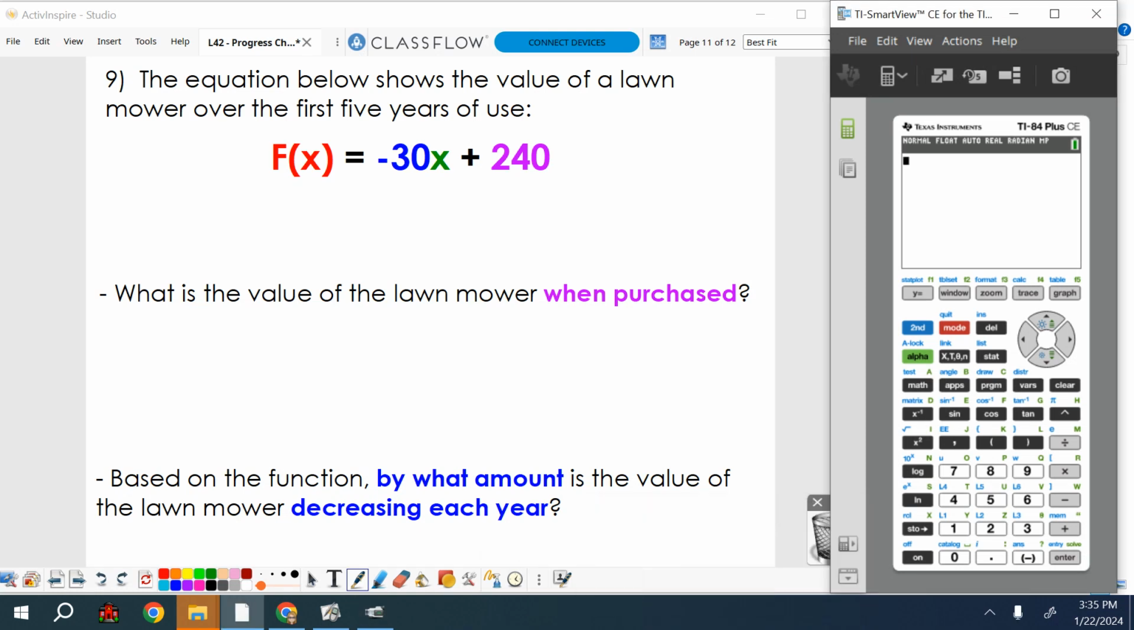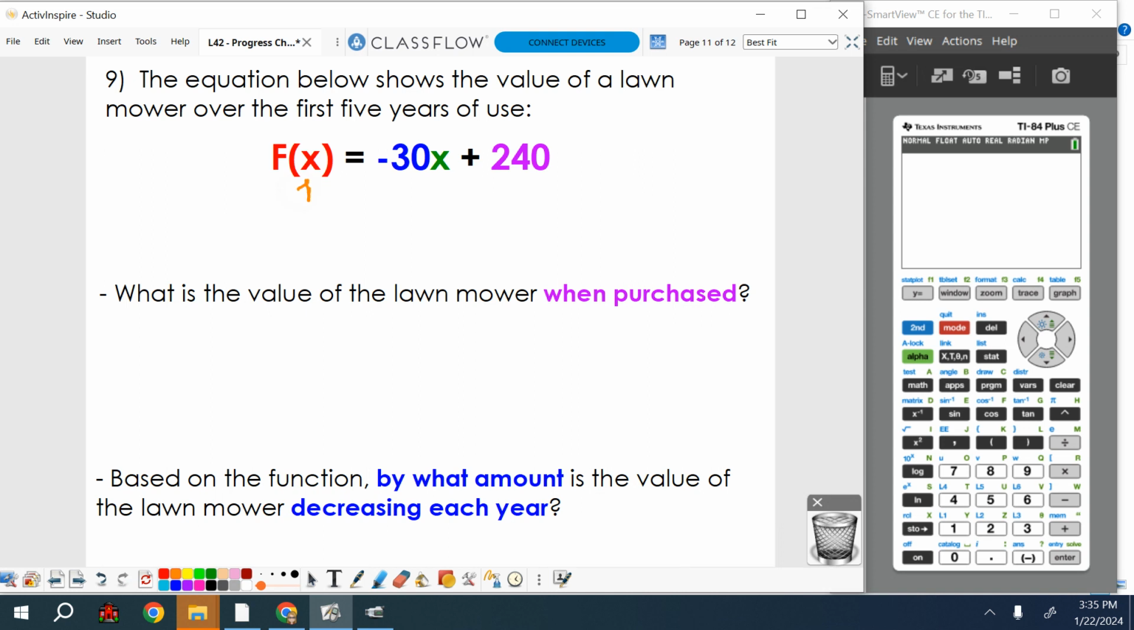For this problem, we're going to be asked a bunch of questions that deal with this equation. It says the equation below shows the value of a lawnmower over the first 5 years of use. This x value is going to be our years. So when we're looking at this equation, we're going to need to use this equation, and the easiest way to